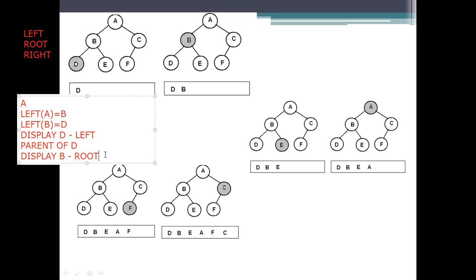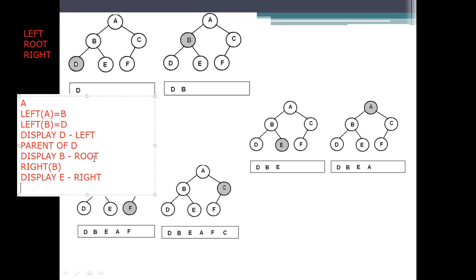Okay, now go for the another one, which is the right side of that one. So here right of B has to be considered. So right of B is, I'm directly writing that one is E. So here right. Okay, so left, root, and right, and it didn't finish here. Then what you have to do, you reached the left side now, and you need to go for the root, parent of B. What is the parent of B here?